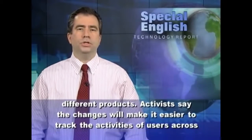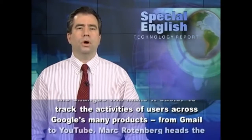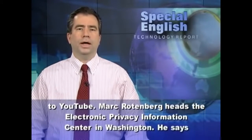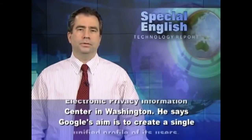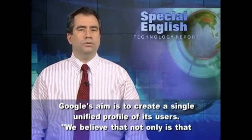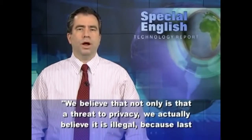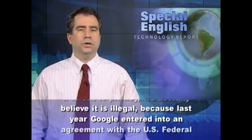Activists say the changes will make it easier to track the activities of users across Google's many products, from Gmail to YouTube. Mark Rotenberg heads the Electronic Privacy Information Center in Washington. He says Google's aim is to create a single unified profile of its users. We believe that not only is that a threat to privacy, we actually believe it is illegal because last year